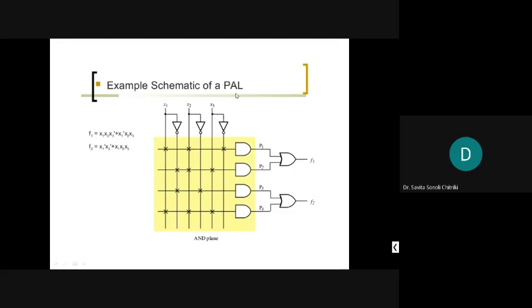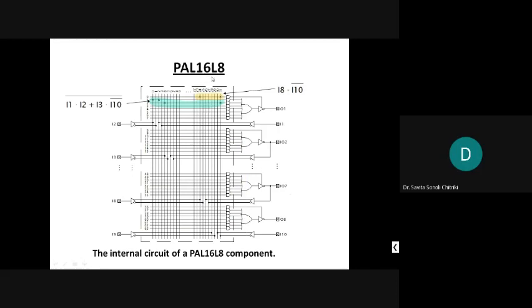So basically the programmable array logic was consisting of an AND plane. That yellow line you can see, this is called the AND plane. So an AND plane and OR gates. So basically an AND-OR array, it is basically a PAL. So we had seen an example of PAL 16L8,